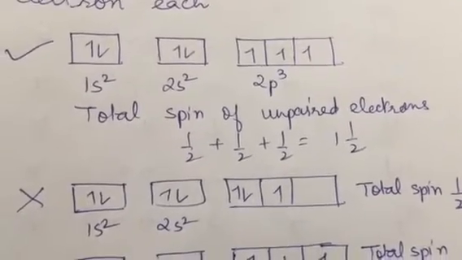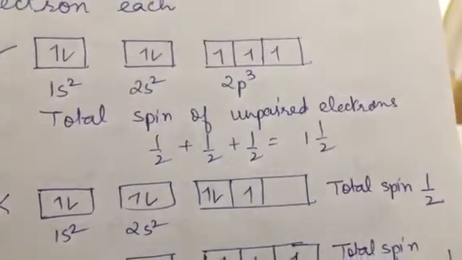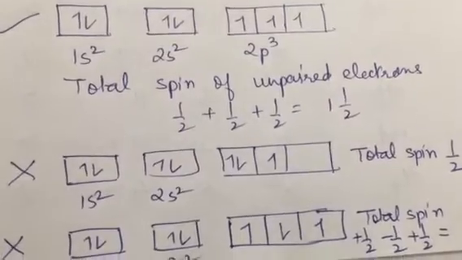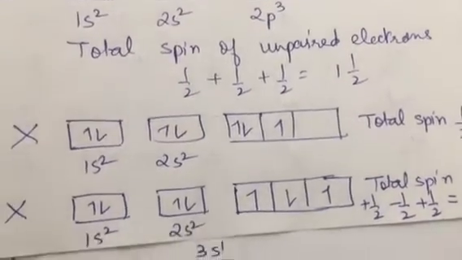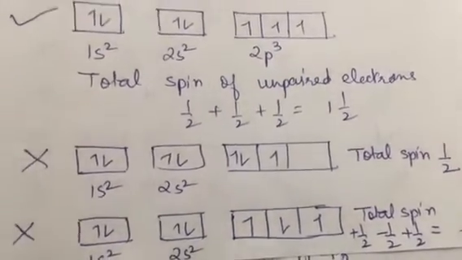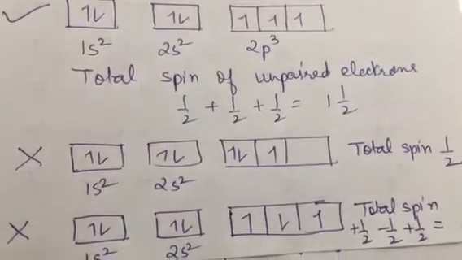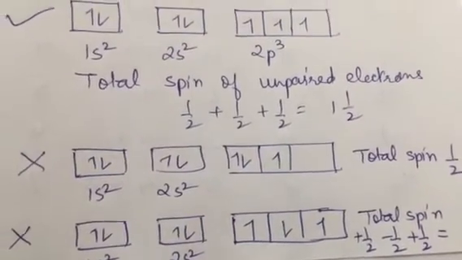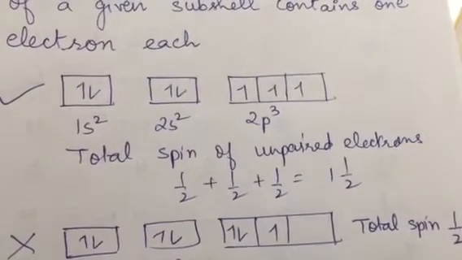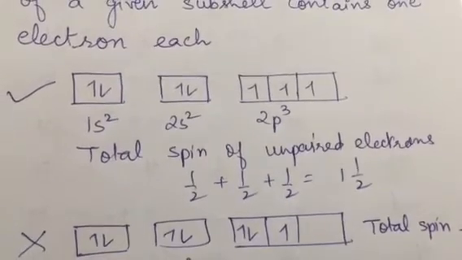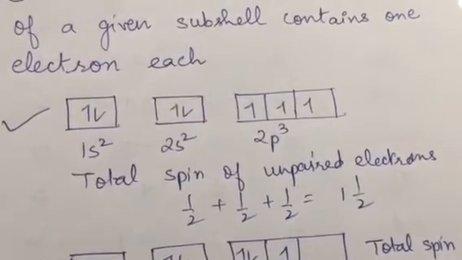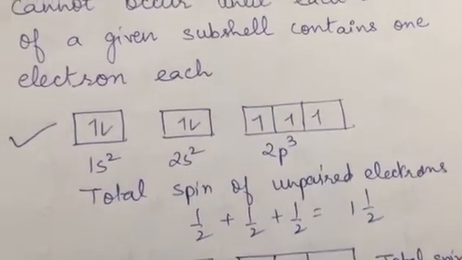However, if you would have paired up 2 in 1, then total spin would become half, because the 2 would cancel each other and half is left for the single electron. And the third arrangement also gives you the total value equal to half. So please mind you, the second and third arrangements are completely forbidden, not allowed. The degenerate orbitals means the orbitals which have the same energy, like 2px, 2py, 2pz. First they should be given 1 electron each and then the pairing of electrons should take place.